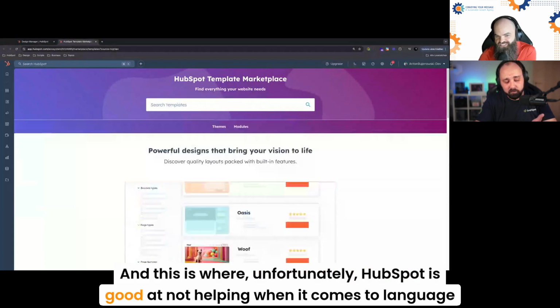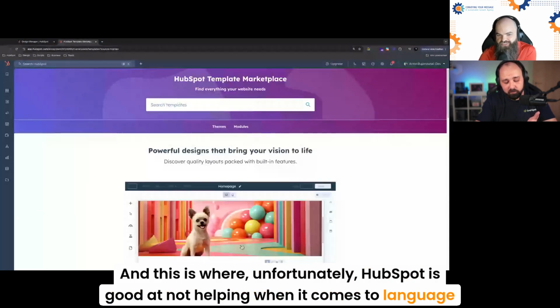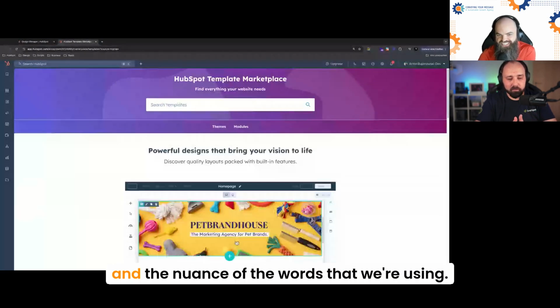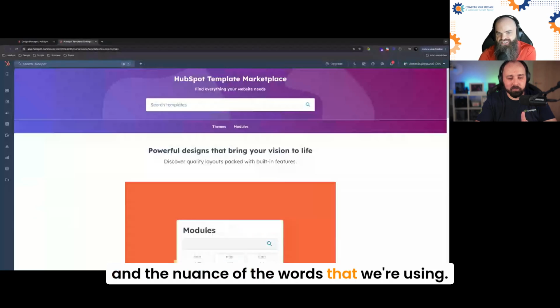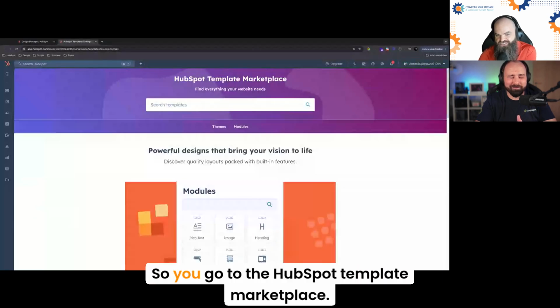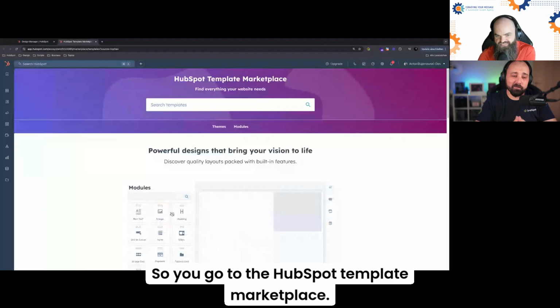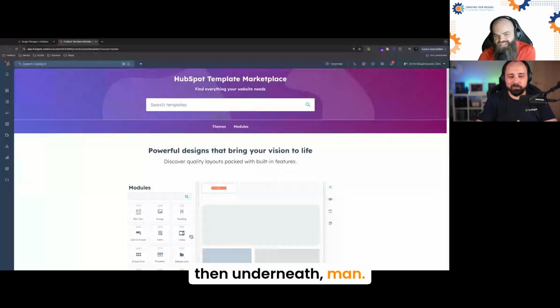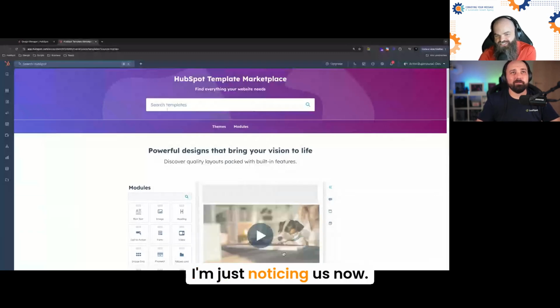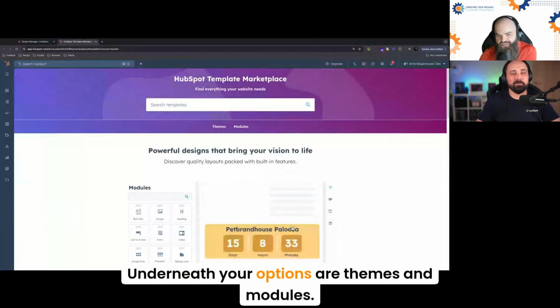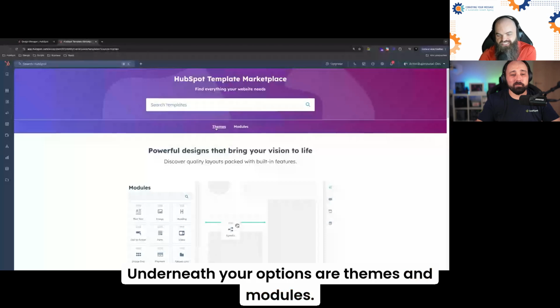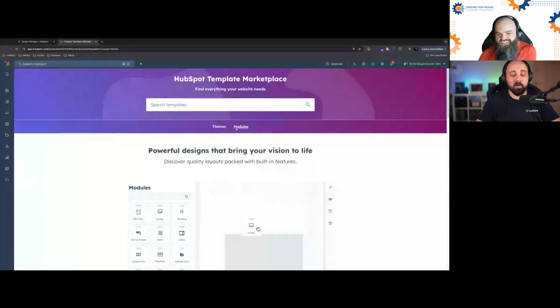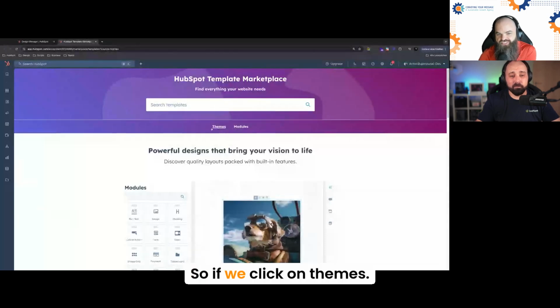And this is where, unfortunately, HubSpot is good at not helping when it comes to language and the nuance of the words that we're using. So you go to the HubSpot template marketplace and then underneath, oh man, I didn't even notice. I'm just noticing this now. Underneath your options are themes and modules. So if we click on themes